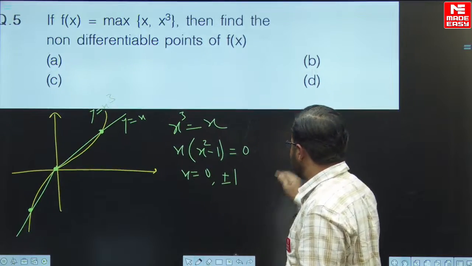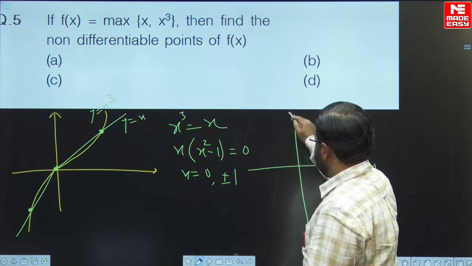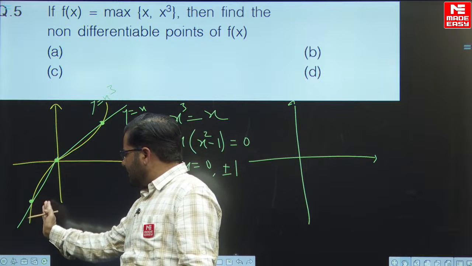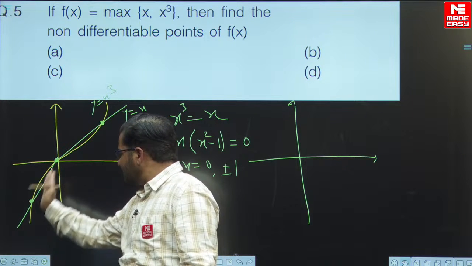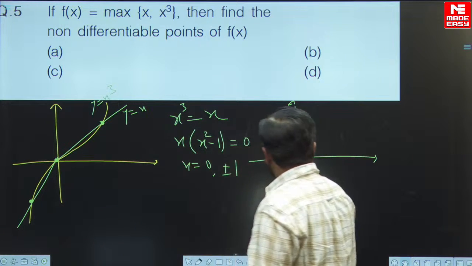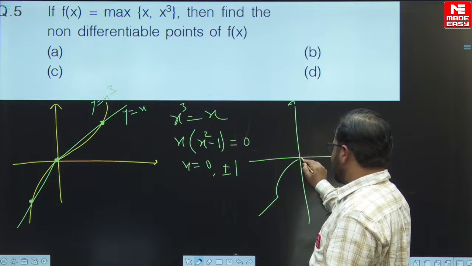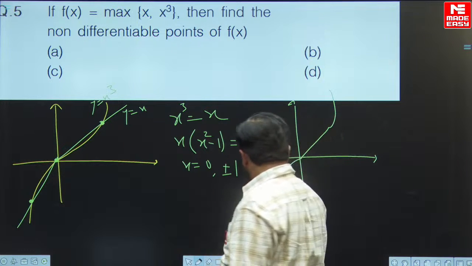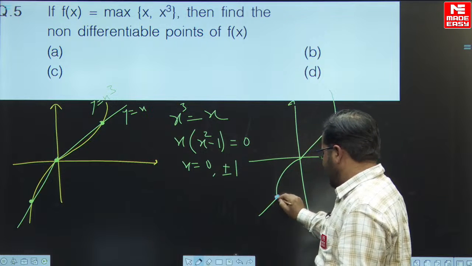अब इसका सही में graph देख लेते हैं क्या है, कह रहे हैं maximum of x, x cube. यहाँ पे देखो इस point के आगे maximum, इससे पहले maximum क्या है, y equals to x line है, तो y equals to x, फिर उसके बाद maximum ये graph है, फिर उसके बाद maximum है line, और फिर maximum है graph।